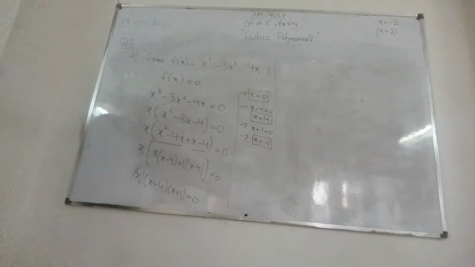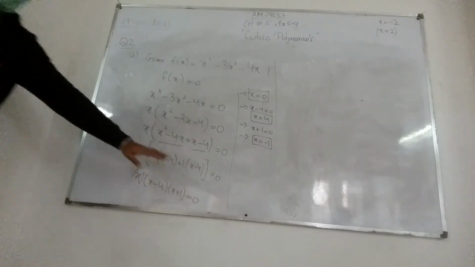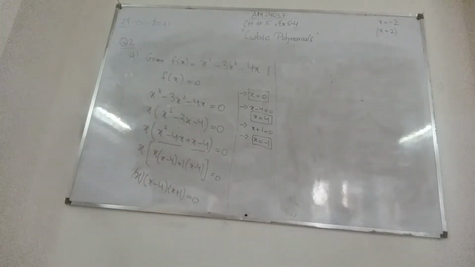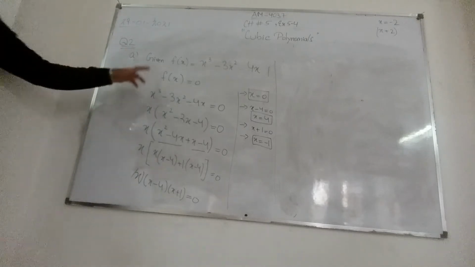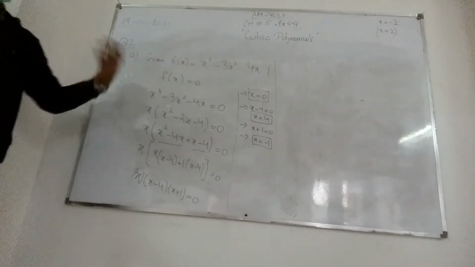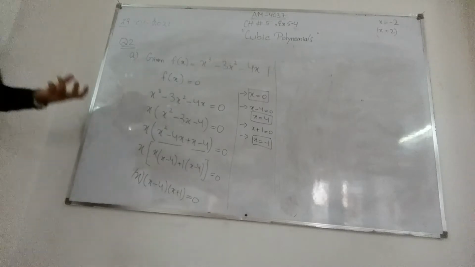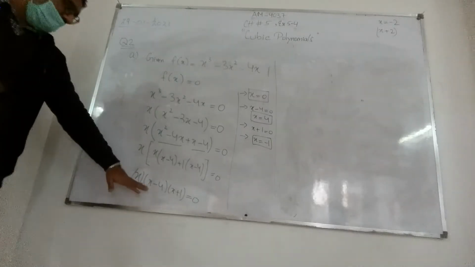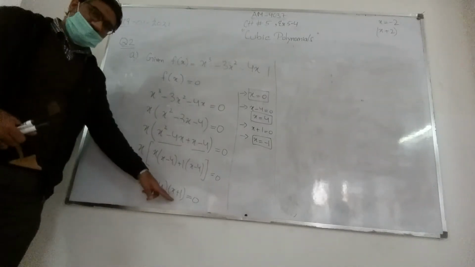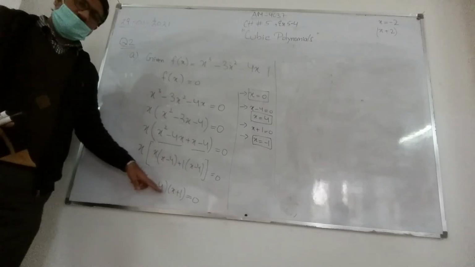So now what I have to do, since the whole 3 brackets are equal to 0, is put one bracket every time equal to 0 to get the value of x. Since I have to solve this, I have to find the value of x. मुझे x की value find out करनी है, मुझे factorize नहीं करना था. So since these are the 3 factors, x, x minus 4 and x plus 1,